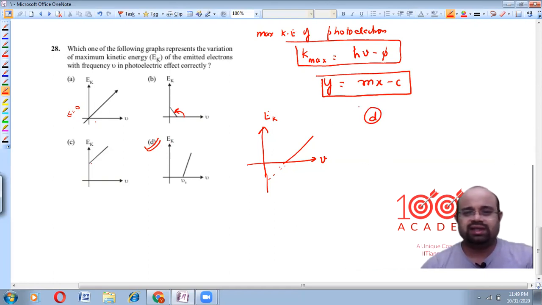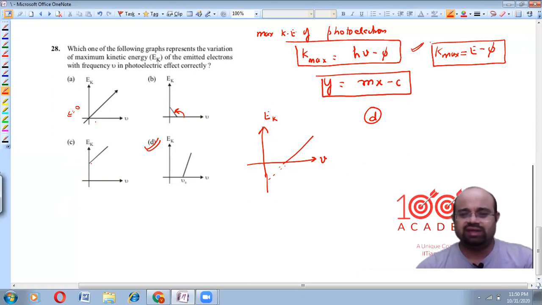Okay, students, I think you must have got the answers. You must have got the idea of the photoelectric effect. As you can see, this one equation is the only useful equation: maximum kinetic energy is equal to E minus phi. With the help of this equation, we can calculate almost all the equations of the photoelectric effect. Einstein explained the photoelectric effect, for which he got the Nobel Prize.